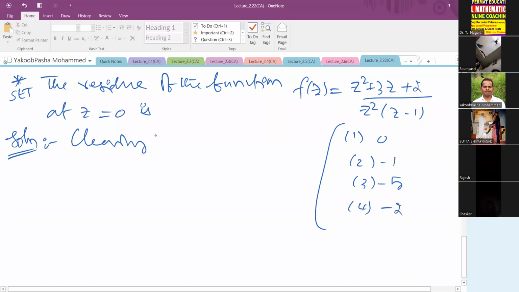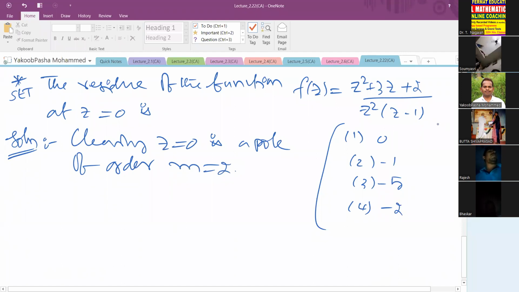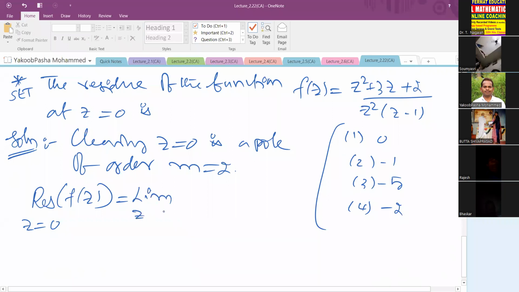Clearly we can observe z equal to 0 is a pole of order m is equal to 2. Z square into z minus 1 equal to 0 means z equal to 0, 0 and 1, so that z equal to 0 is a pole of order m equal to 2. At this pole, we have to calculate the residue only, not the integral value. So residue of f of z at z is equal to 0 is equal to limit z tends to 0, 1 by 2 minus 1 factorial into